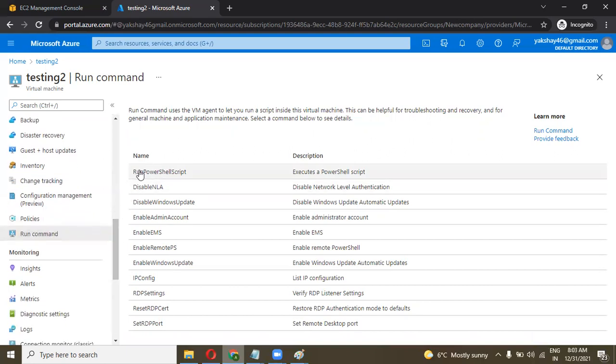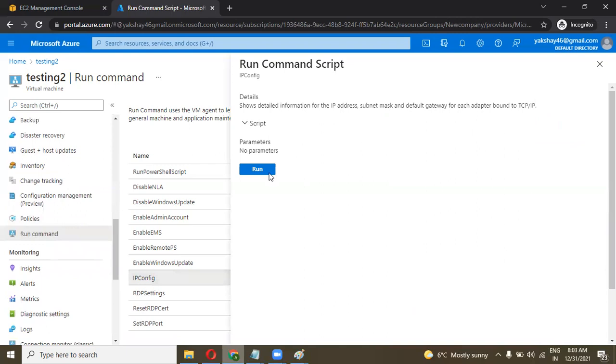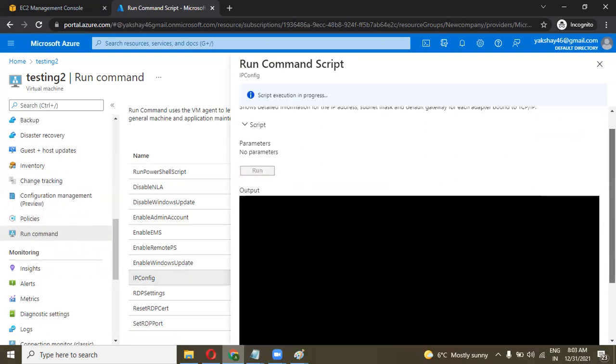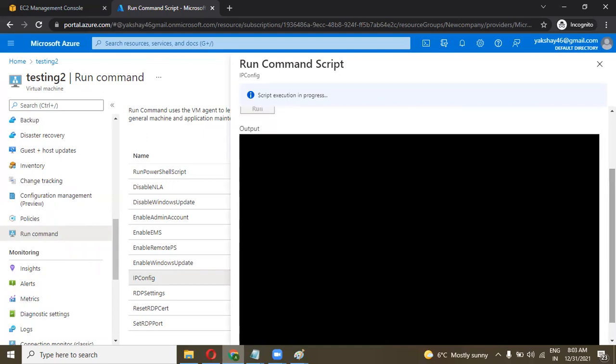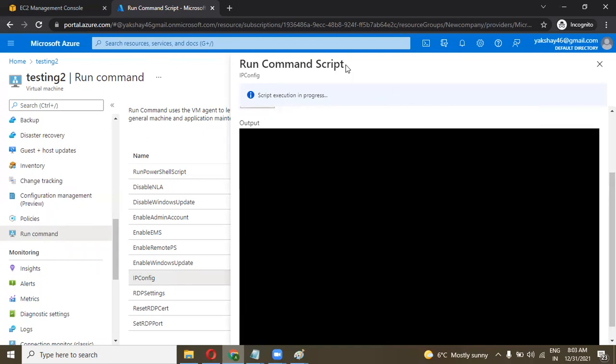If you want to run a PowerShell script, select this, or you can choose a default template. If you want to list all the IPs in the machine, you can select this. I'm going to select this IP config. Yes, I can run this script. So the output is here, but it also has limits.